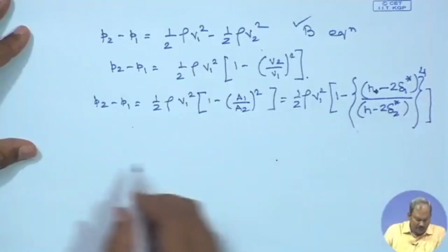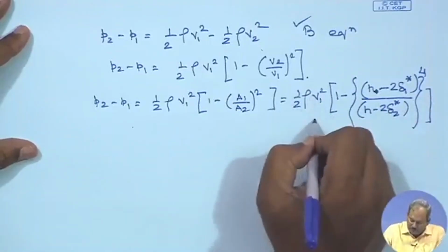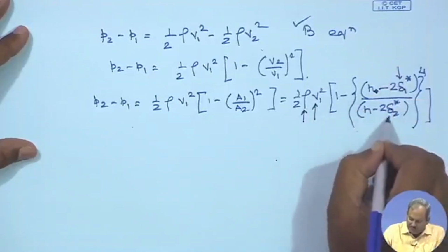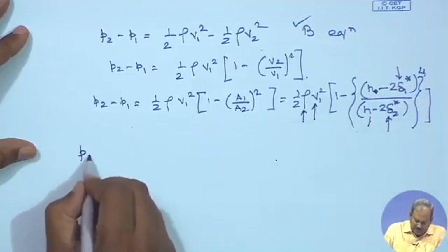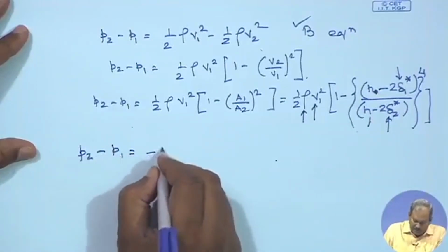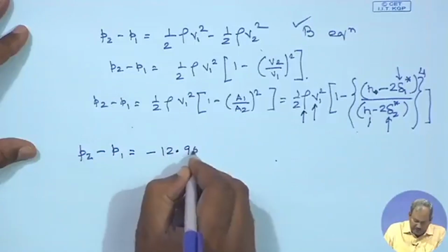That is going to be this, and when you put the values for rho, V1, delta 1, delta 2 and H,